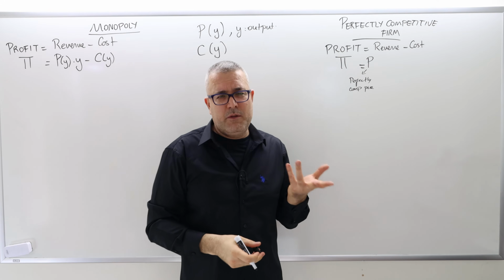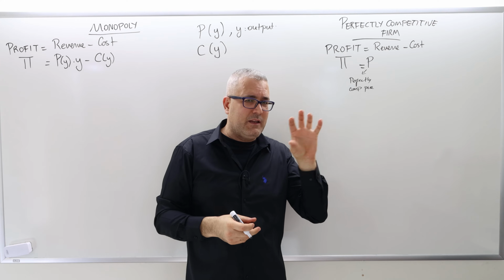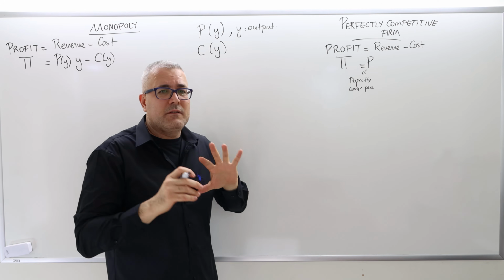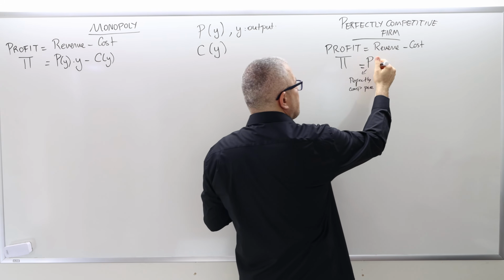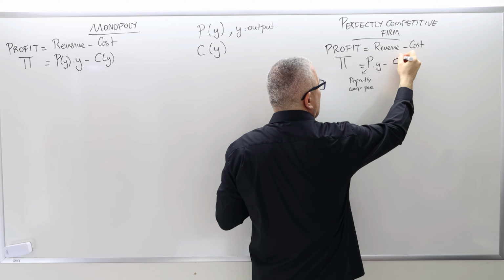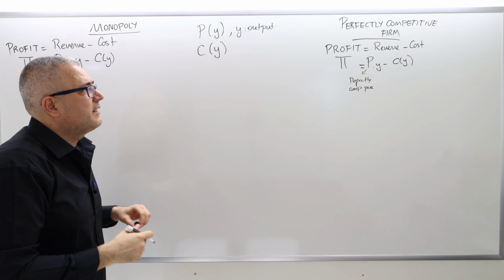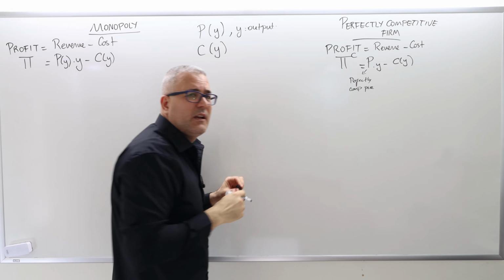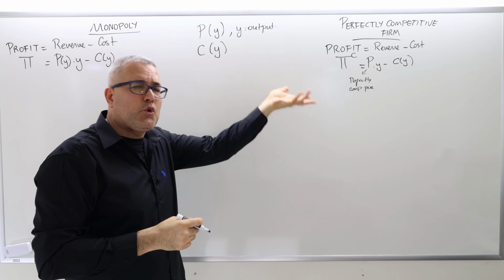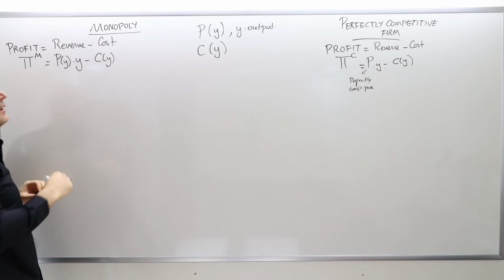And we know, remember how we determine the perfectly competitive market price: demand equals supply. So it's outside of the control of the firm. So the price times quantity minus costs. All right, so that's how we set the competitive firm's profit. So let me put pi c to denote that this is the profit of the competitive firm, and pi m is the